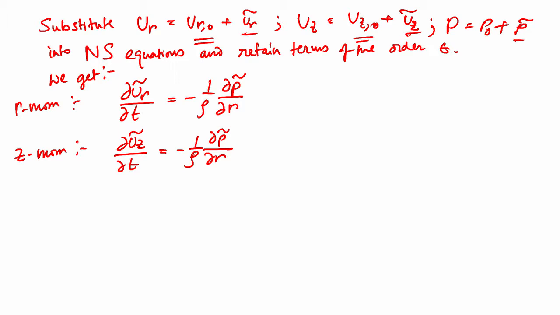We can only write this because we have assumed the perturbations to be small, and that is why nonlinear terms like the Reynolds stress terms do not come here, which you must pay attention to. And the linearized continuity equation becomes